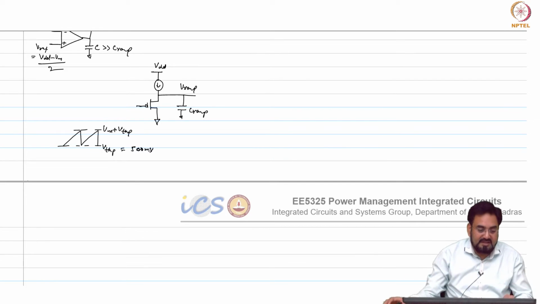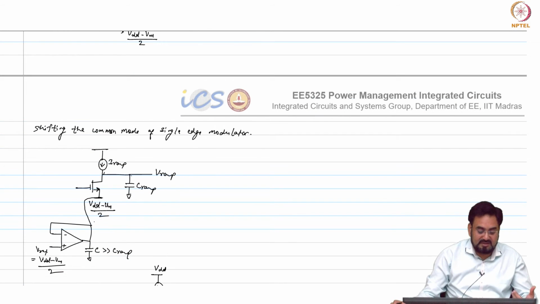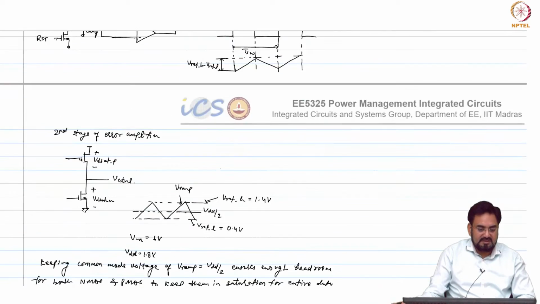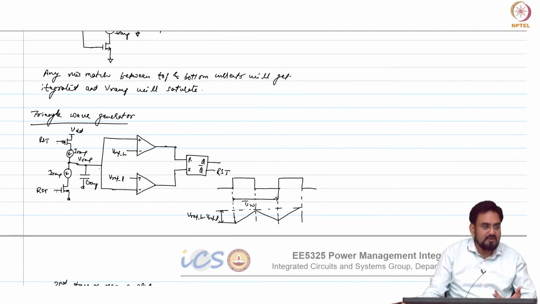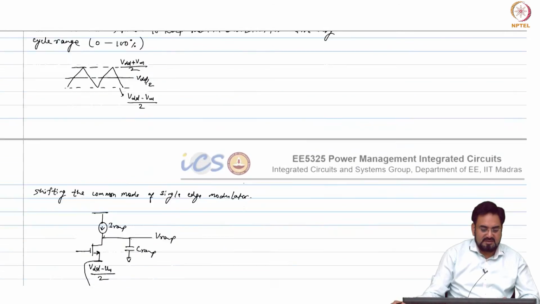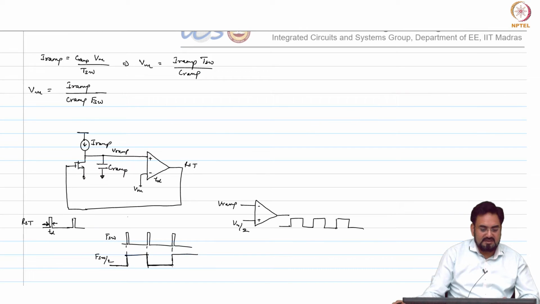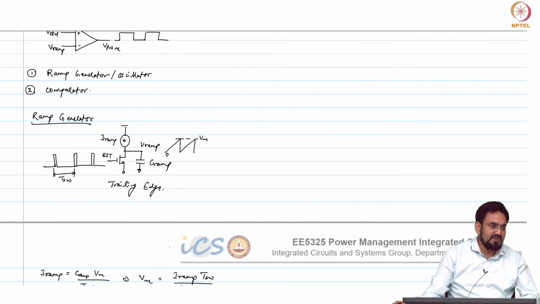So you have to look at, let us say your output operating voltage is always more than 50% of VDD, which means you are always above 50% duty cycle. Then you do not need to care about the lower level of the voltage, because you know your control voltage will never go below VM by 2. So in that case you can use this ground to reset your ramp. In that case this may work, this or this, both will work.